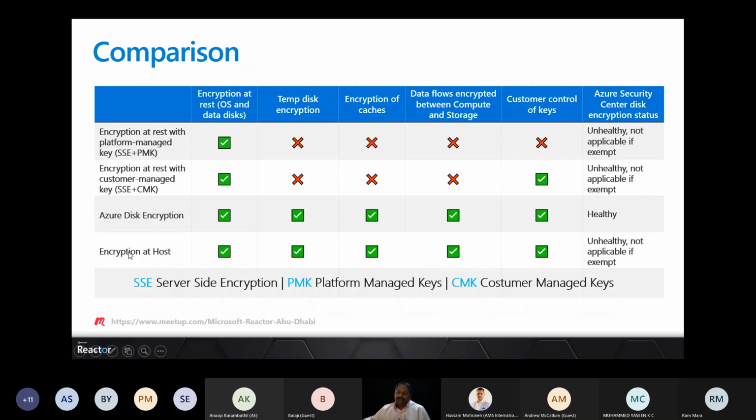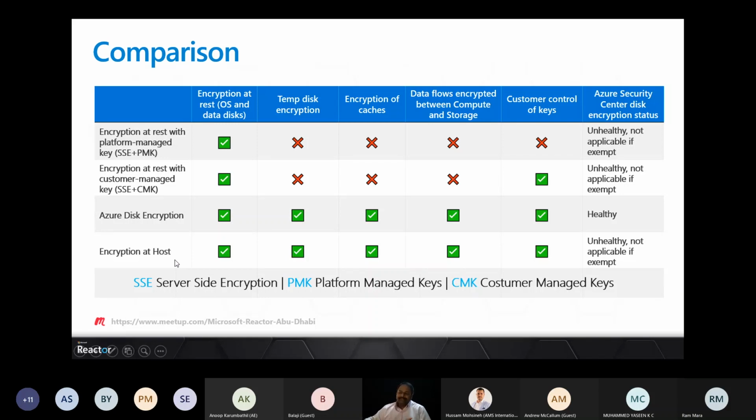We also talked in the first slide about encryption at host, where the Azure virtual machine is hosted on Hyper-V. Encryption at host also provides end-to-end encryption. You can choose whether encryption at host or Azure Disk Encryption is the best fit for you. These are the comparison tables.